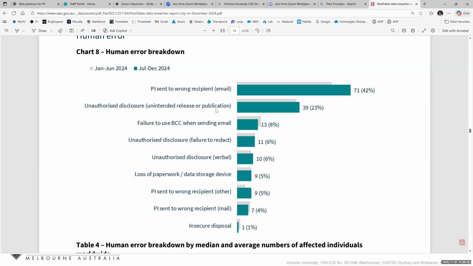For example, one of your friends calls you and asks you for someone's information because you have access to the system. They give you a phone call or send you a message and ask, are you able, for example, to send me this information? Health records, a student status, and so on. Failure to use BCC when sending email, 6%. Unauthorized disclosure verbally, 6%. Loss of paperwork,